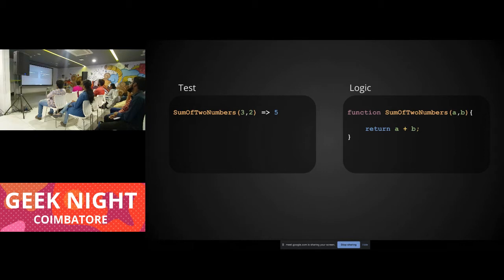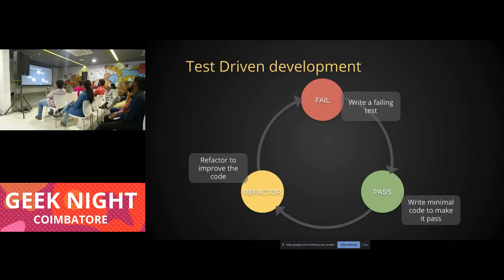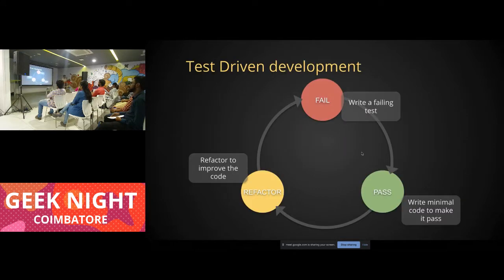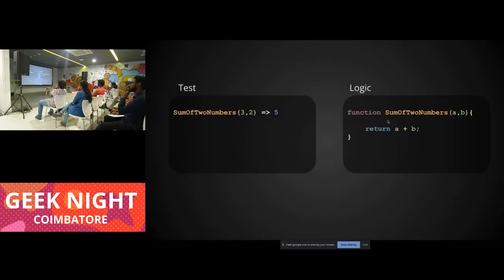Cool. Okay. So in TDD, this is how we follow. This is called the red-green refactor cycle. So this is what I said. First we will write a failing test. Then we will write some minimal amount of code to make that failing test pass, right? So as we did, then we will write minimal code to make that test pass. So that's what we wrote in the logic part, right?